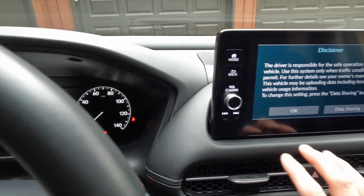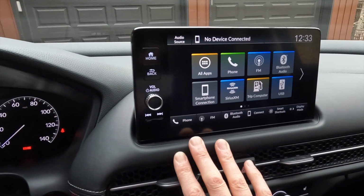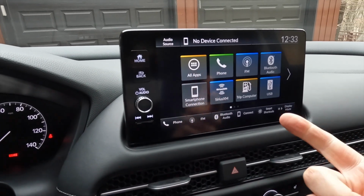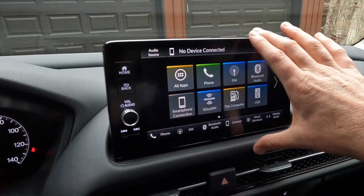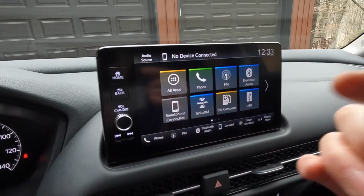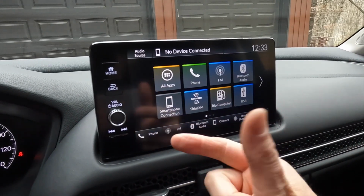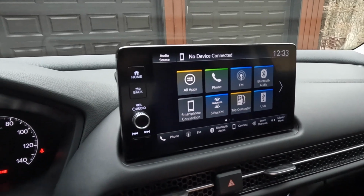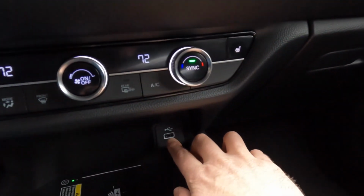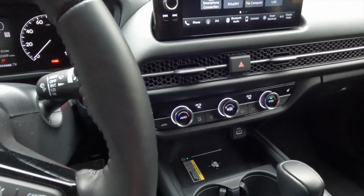And just to the right of that, here is your 9-inch center console touchscreen. Now, on the Sport and LX trims, this is a 7-inch screen, so EXL is alone for getting the 9-inch screen. It's also alone in getting wireless Apple CarPlay and Android Auto. It is wired for the other two trims. But no matter, because you do have an easy access USB port right there, and a second one tucked away